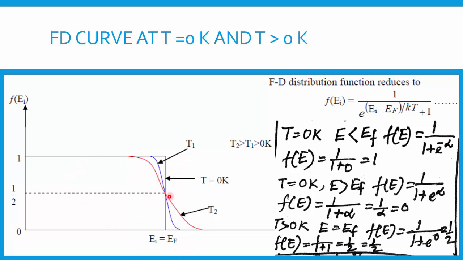Now I will explain this graph mathematically using the distribution function formula. If I substitute E equal to EF, the numerator part becomes 0, whatever the temperature is. So I get e to the power of 0, and plus 1 is already there. We also know that e to the power of 0 is 1. So 1 plus 1 in the denominator is 2, and the Fe value becomes half. So at E equal to EF, you get the occupancy or probability as half. From the theory I'm getting half, as well as from the experimental curve, I get half.